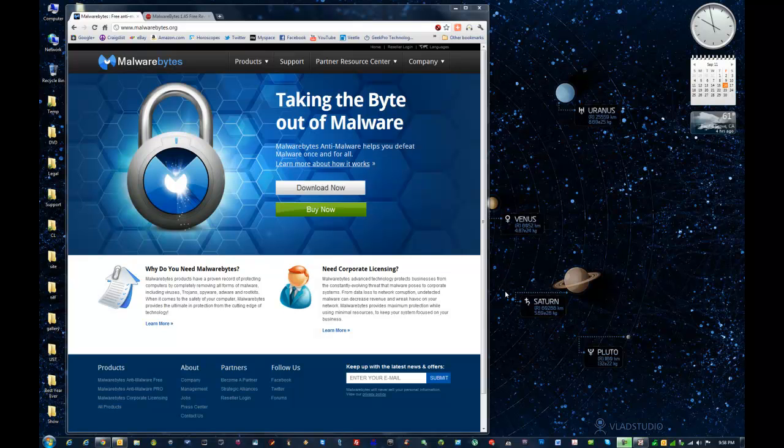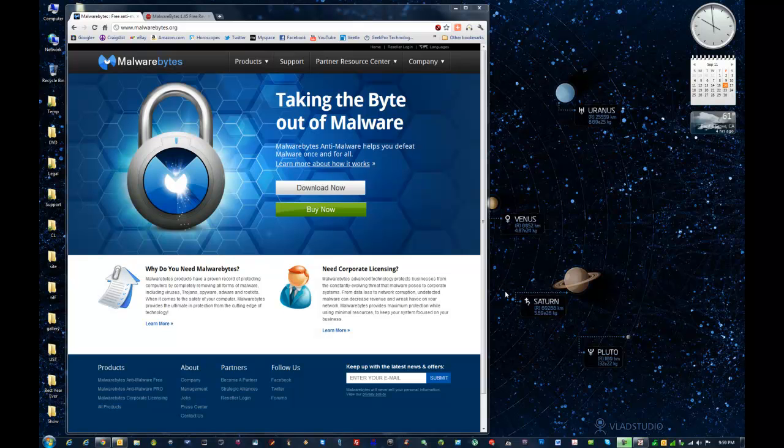Okay, I'm going to talk about a program that I use for most of my clients that are running Windows machines. It's a little bit of a safety precaution or way to remove any spyware or malware that could be found on their machines. I usually recommend a couple pieces of software when I go out to a user's residence or